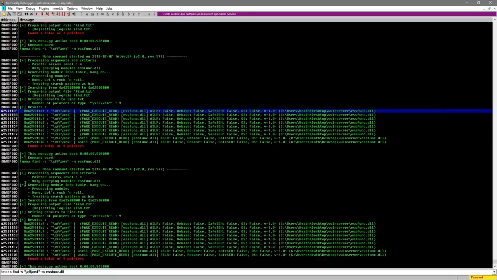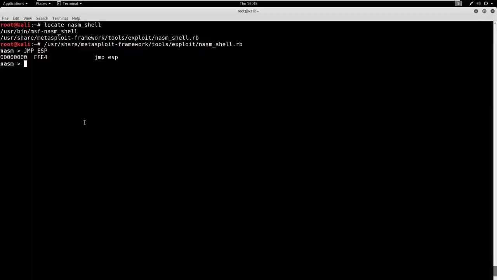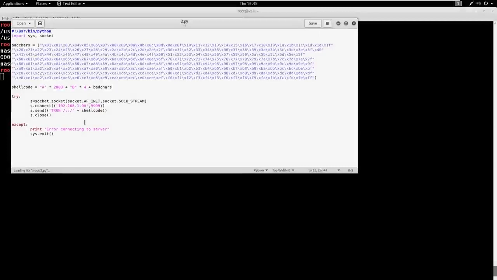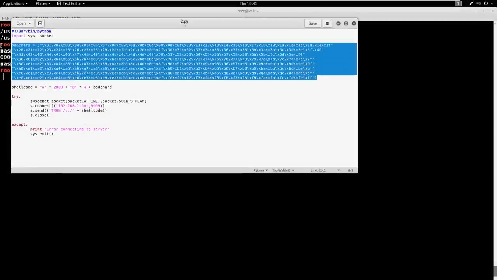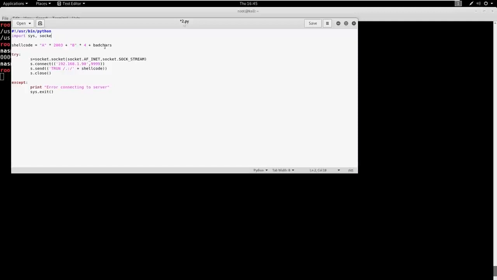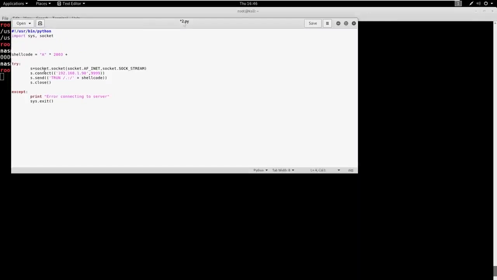So now with this information, we're going to go into Kali. We're going to type exit here on this NASM shell, and we need to edit our Python script. So whatever Python script you're at, I'm still on 2.py, go ahead and open that up. Let's delete out the bad characters because we already found those. Now we're going to delete out this B4. So let's write in real quick what our return address was. Remember, it was